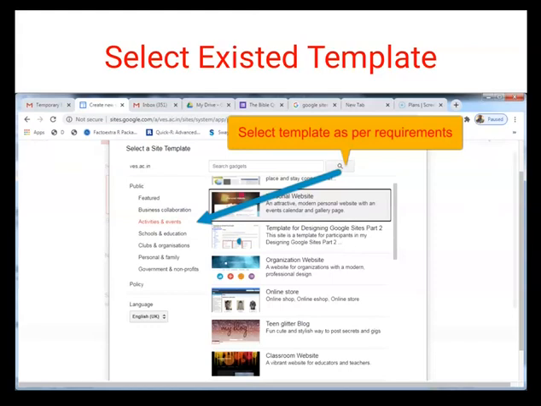The structure will be available using this template. Then we can add all the content to our websites, as well as some images of our own, according to the given structure.